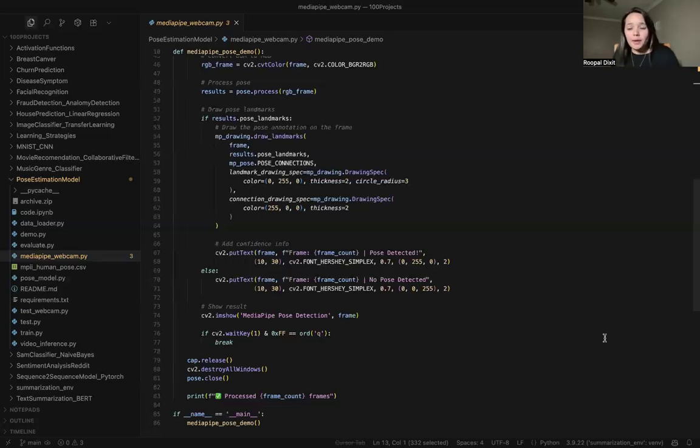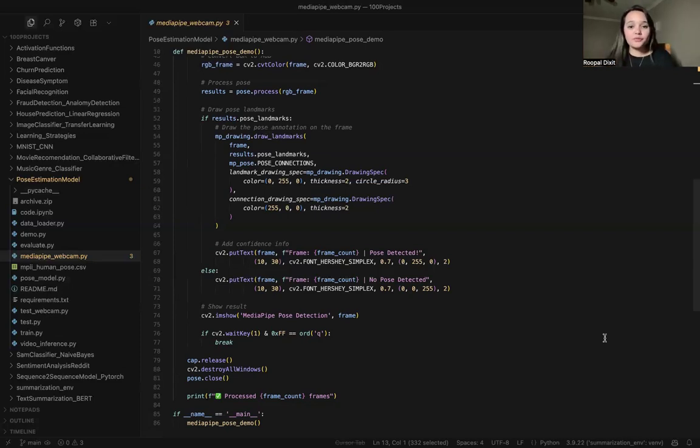Each frame is converted from OpenCV's default, our webcam's default BGR version, to RGB for MediaPipe, because every algorithm has a particular format, as we have understood throughout the projects. We have to make sure we are processing our input in a manner that converts it, so that our algorithm can understand, relate and work on that.